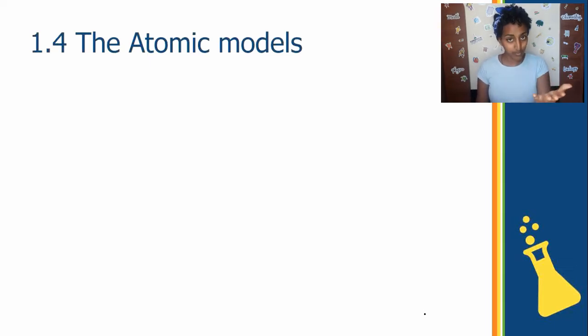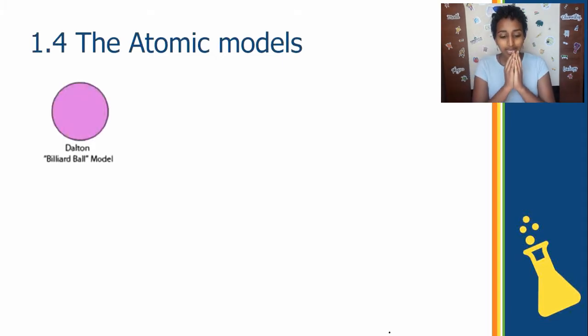The first person, who you may be familiar with, who came up with the first atomic theory, is Dalton. Dalton's model, he called it the billiard ball model because he thought atoms were just a solid ball, basically, a billiard ball, like pool. Anyway, in his model, he had no idea about the subatomic particles, but we know better. We know about protons, neutrons, and electrons.